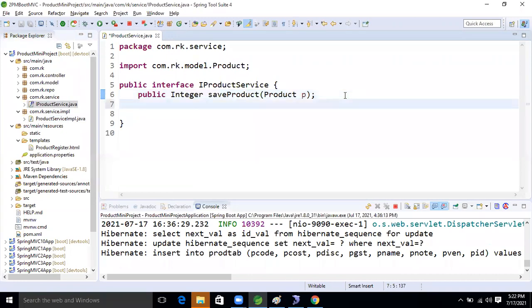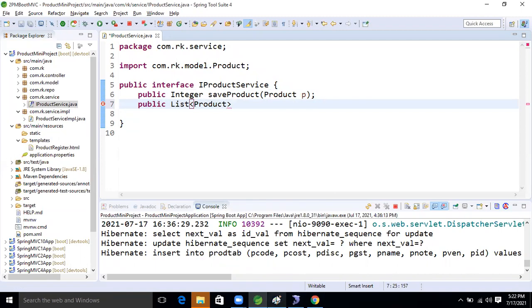Here we will specify one abstract method for fetching the records, right? So here I'm going to write public, and it will return a list of Product.